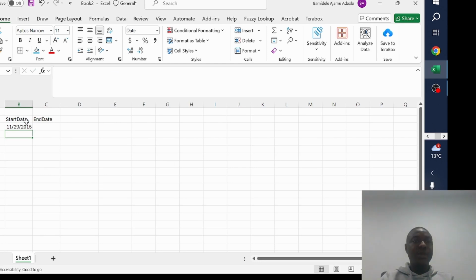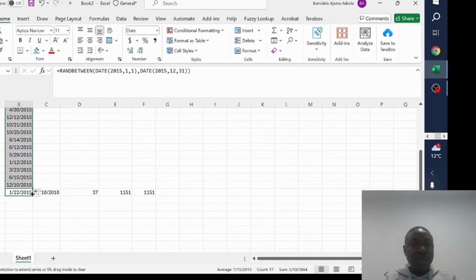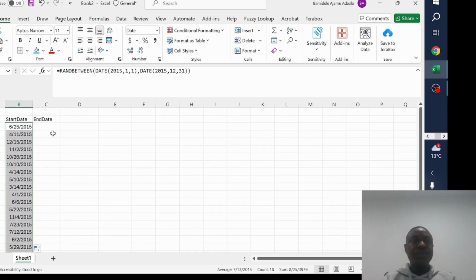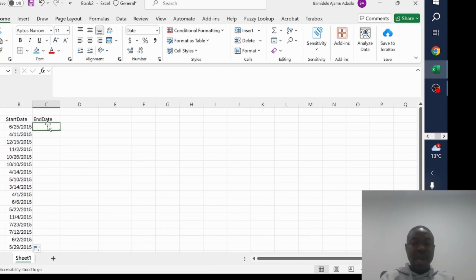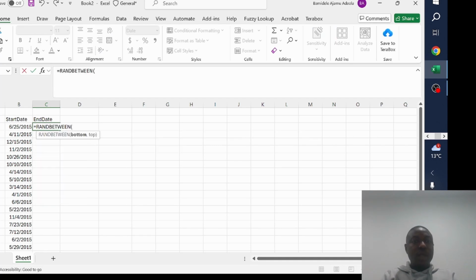Now we have this, and you can drag it down. Your date is set already. So what we then need to do is to look at the end date. For the end date, I want it to be like 3 years from 2015. So all I just need to do is run that same function, RANDBETWEEN, and then I have my